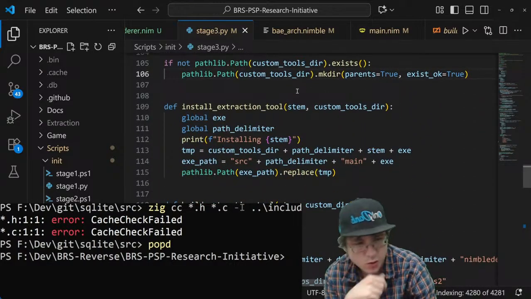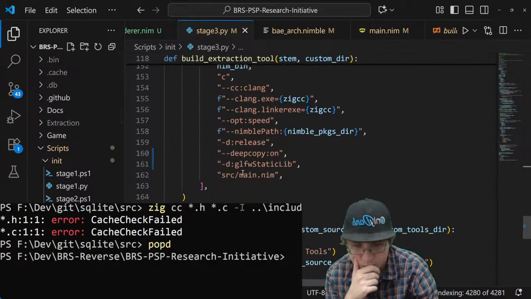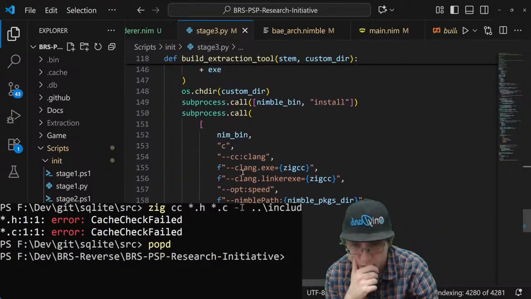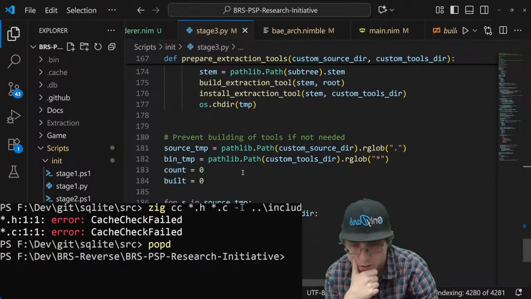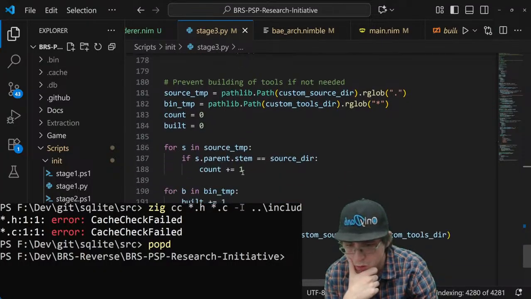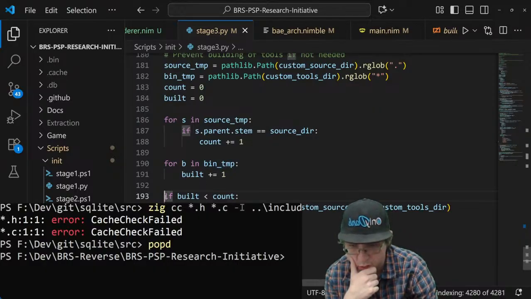Is it stage 3 that I want to work with? I'm only going to build the BRS tools, the BRS extraction tools.